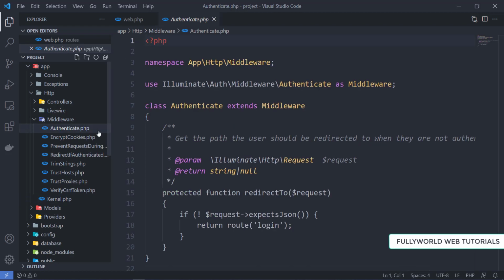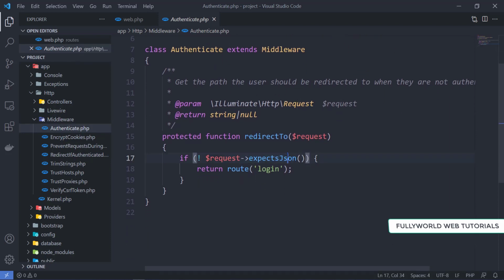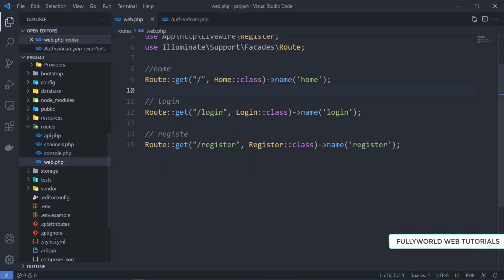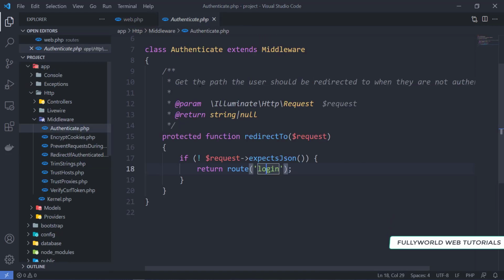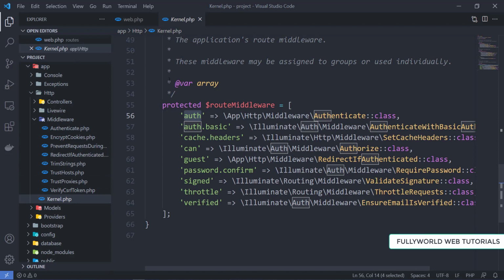When you open Authenticate under the middlewares folder, you will get the check: if the request does not expect JSON, meaning there is no JSON in the request, then it will just return the login route. We have also created the login route and named it login. So we can use this route here.